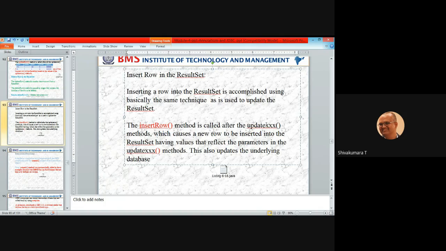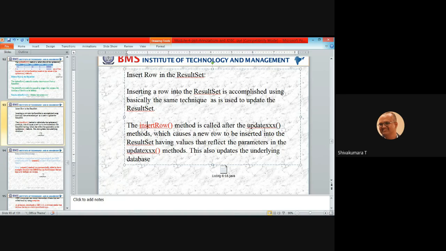The new content which is going to be added to the result set, you invoke insert row rather than update row. You use update row when you are updating the existing content of a row, whereas you use insert row when you want to insert the new content as a new row to the result set.